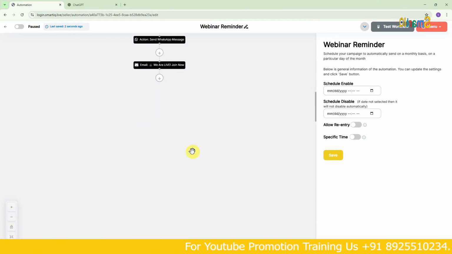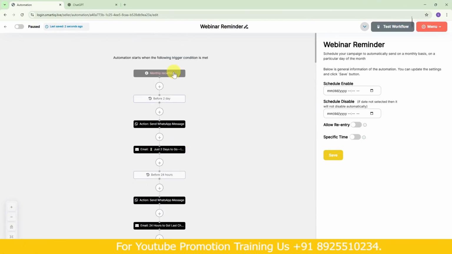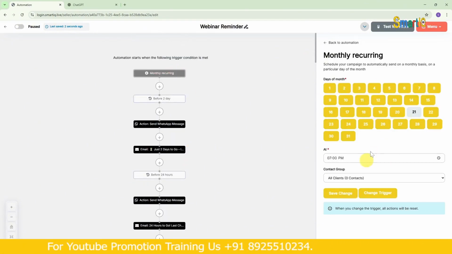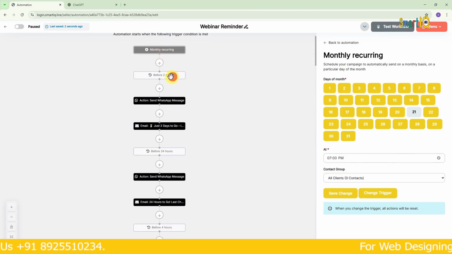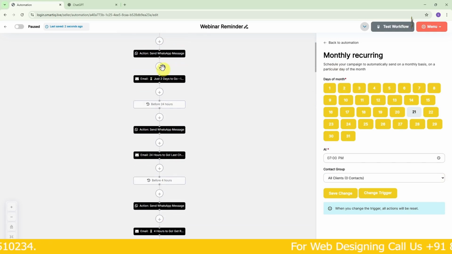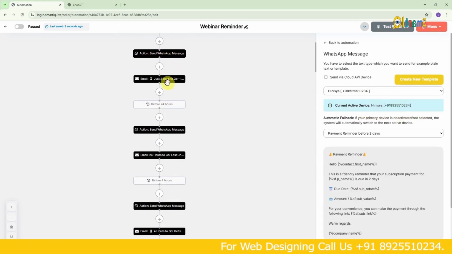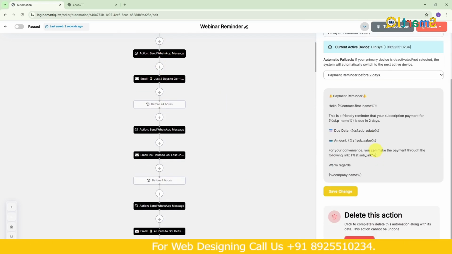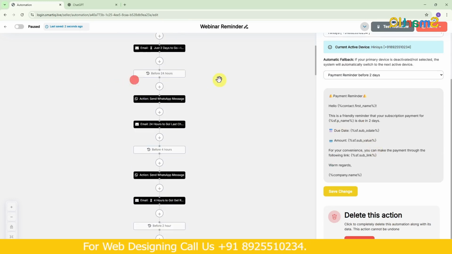When I import, this is what I get. What this means is, first when I click here, where is it? So we've registered for a webinar, okay? We've completed the registration. That means 2 days before the webinar happens, you'll get a WhatsApp message here and the message will be there, okay? The WhatsApp message will go further.